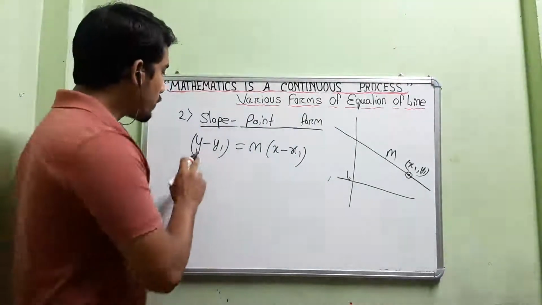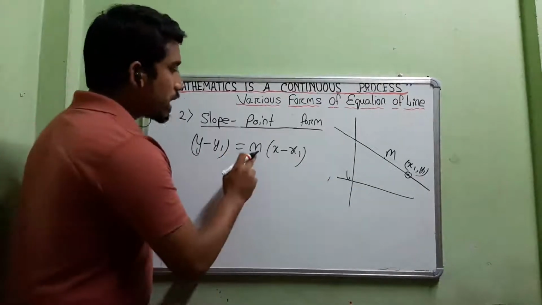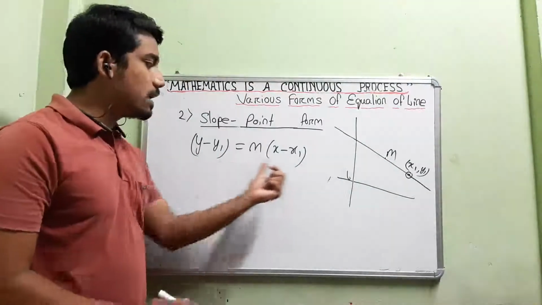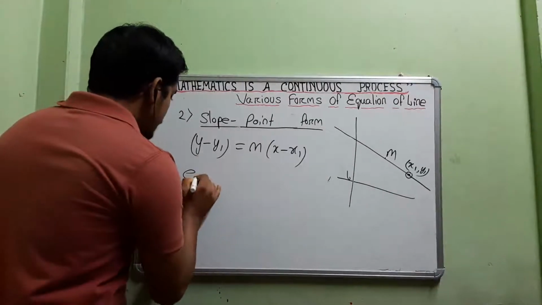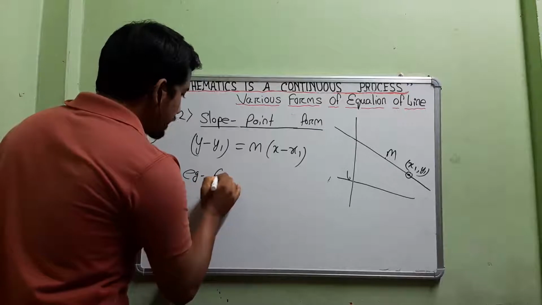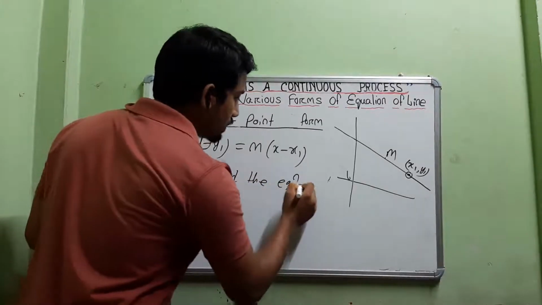What is the slope point form? y minus y1 is equal to m into x minus x1. That is the format. Remember the format, very important. So let me give you one example. The question will be like this: find the equation of line